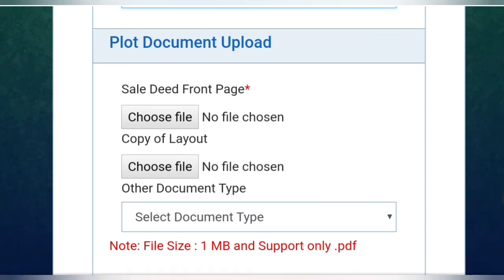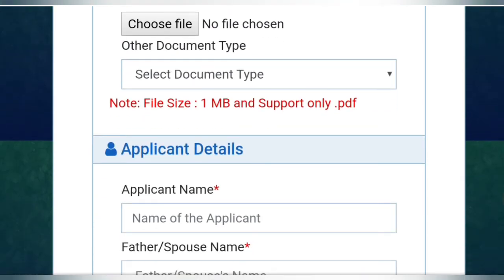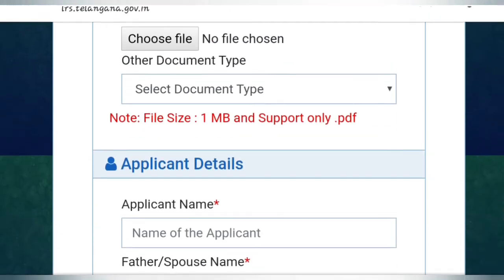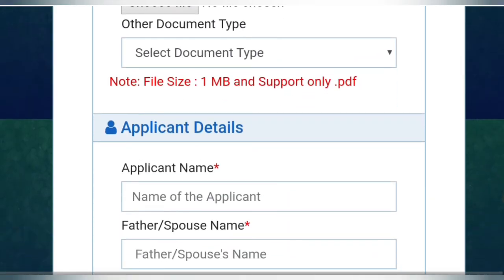It is a mandatory field, sale deed front page. And another one is other document. If you have any additional, you can also select document type and upload it after that. Also the file size should not exceed 1 MB. It should be within 1 MB only. So I think a PDF won't contain more than that. So okay,